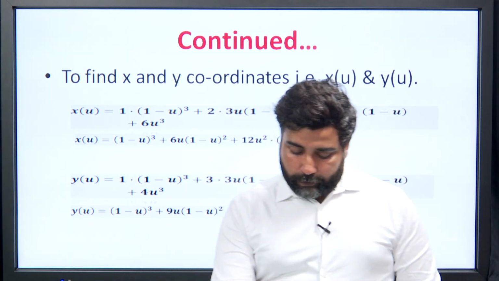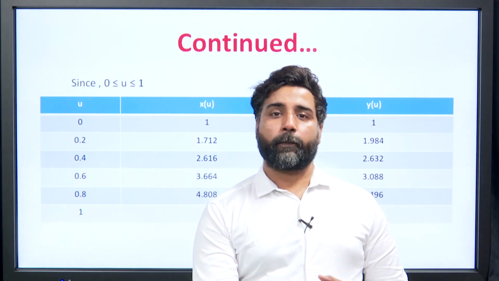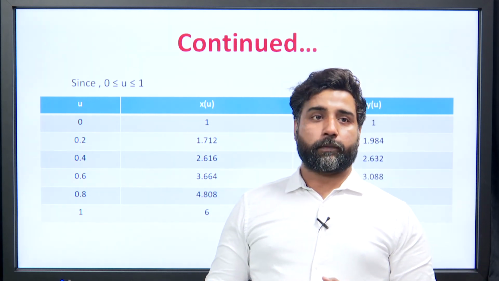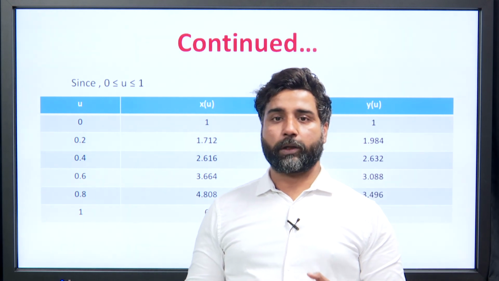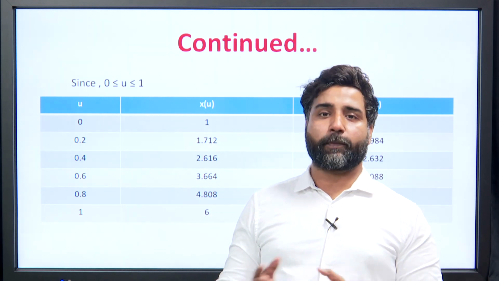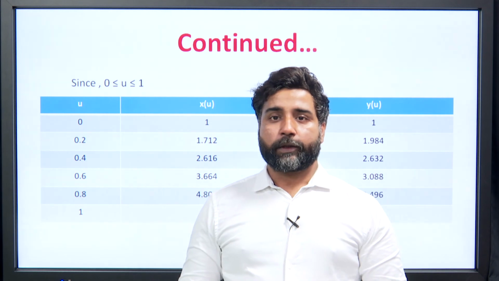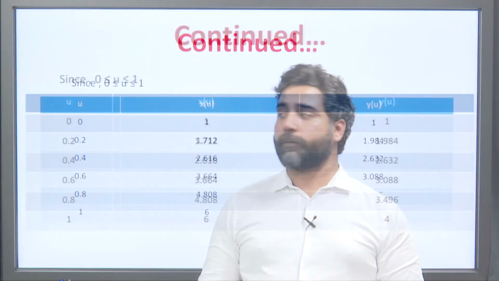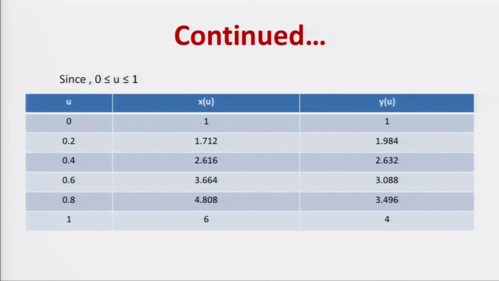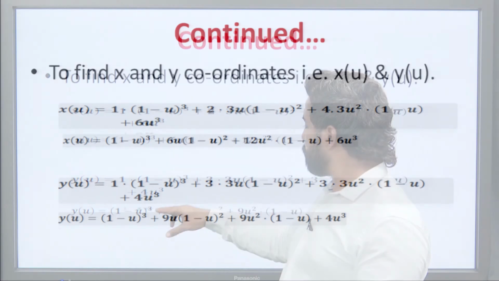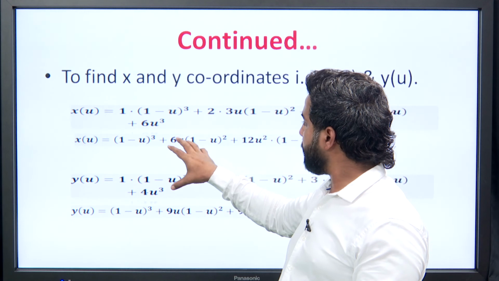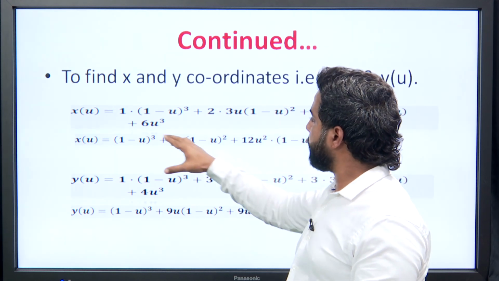Now before, when we were designing the principle, I told you the Bezier curve depends on parameter u. So it ranges from 0 to 1, so we will see u ranges from 0 to 1. Here we see x and y coordinates depend on u. So we will be putting the values of u and substituting them in and getting the graph.